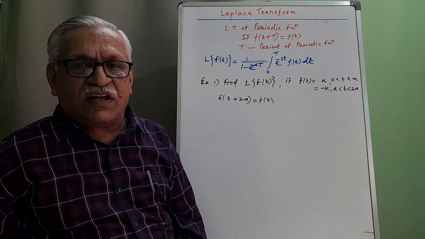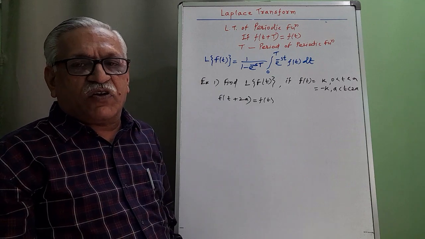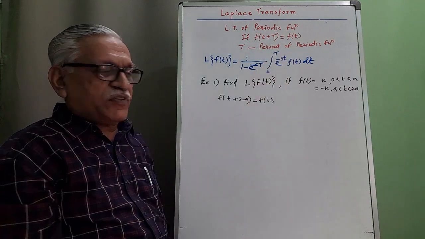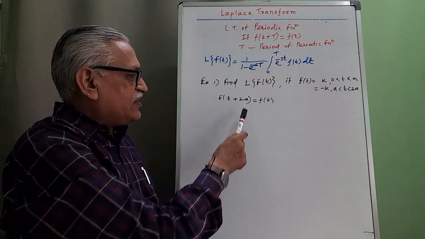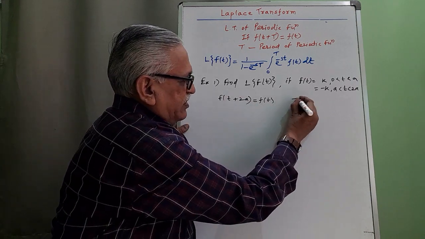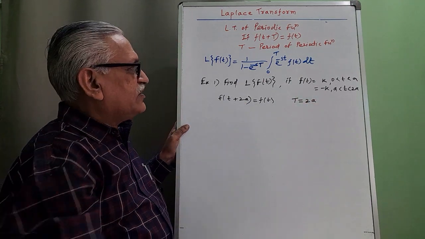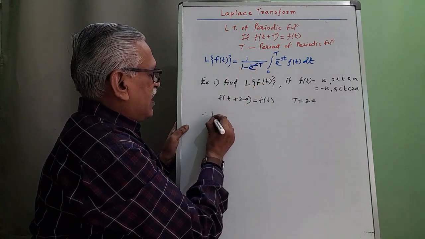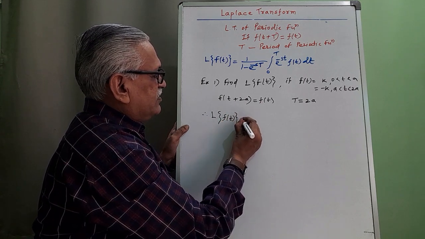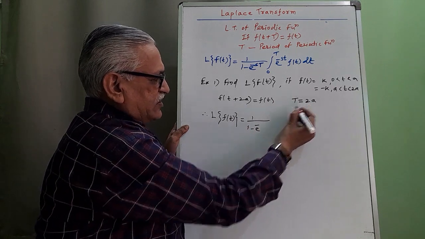Though the word is not appearing here that the function is a periodic function, using this condition we can say that it is a periodic function, as we are getting f of t plus capital T equal to f of t. Same cycles are repeated after every 2a, and therefore with the help of this condition we get the value of capital T as 2a, the period of that periodic function. Then applying the formula, the Laplace transform of f of t, when f of t is a periodic function, is 1 upon 1 minus e raised to minus s times capital T, which is here 2a,